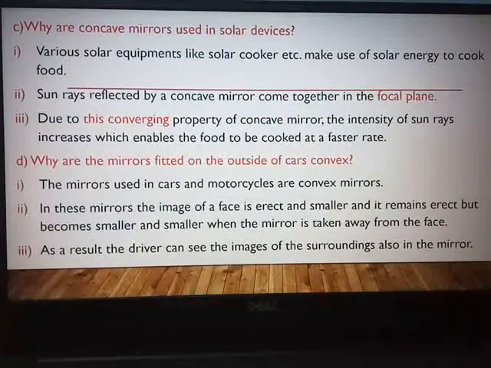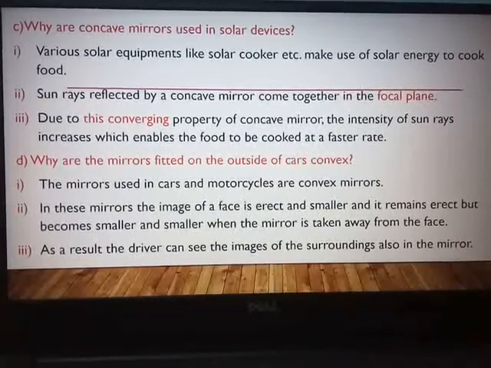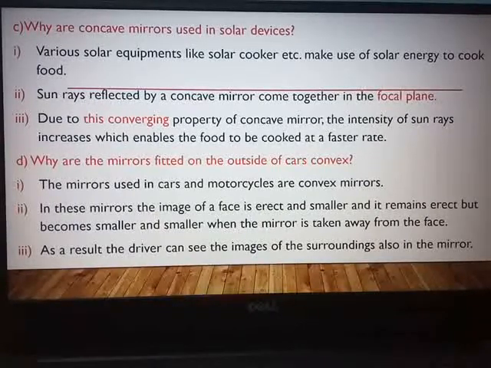Question number 1B in your textbook is omitted. Why is it omitted? I will read the question from the textbook. You can refer to the textbook. Describe the positions of the source of light with respect to a concave mirror in torchlight, projector lamp and floodlight. Now this answer is on page number 125 in the blue block, which is excluded. It is the excluded part of our syllabus due to the COVID-19 pandemic. So we are not going to answer that. That part of the syllabus is reduced.